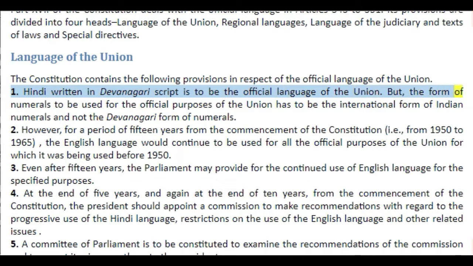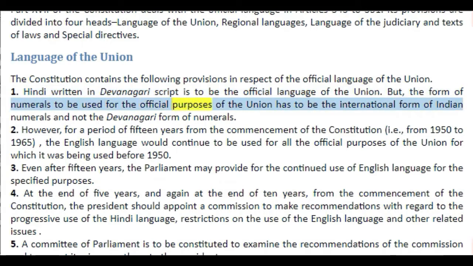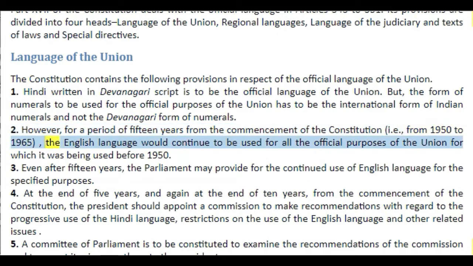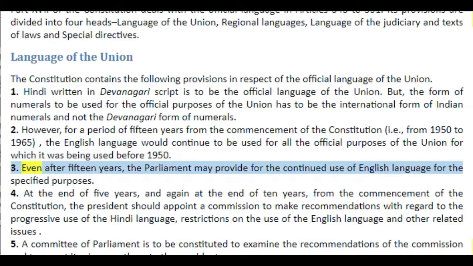But the form of numerals to be used for the official purposes of the Union has to be the international form of Indian numerals and not the Devanagari form of numerals. 2. However, for a period of 15 years from the commencement of the Constitution, i.e., from 1950 to 1965, the English language would continue to be used for all the official purposes of the Union for which it was being used before 1950. 3. Even after 15 years, the Parliament may provide for the continued use of English language for